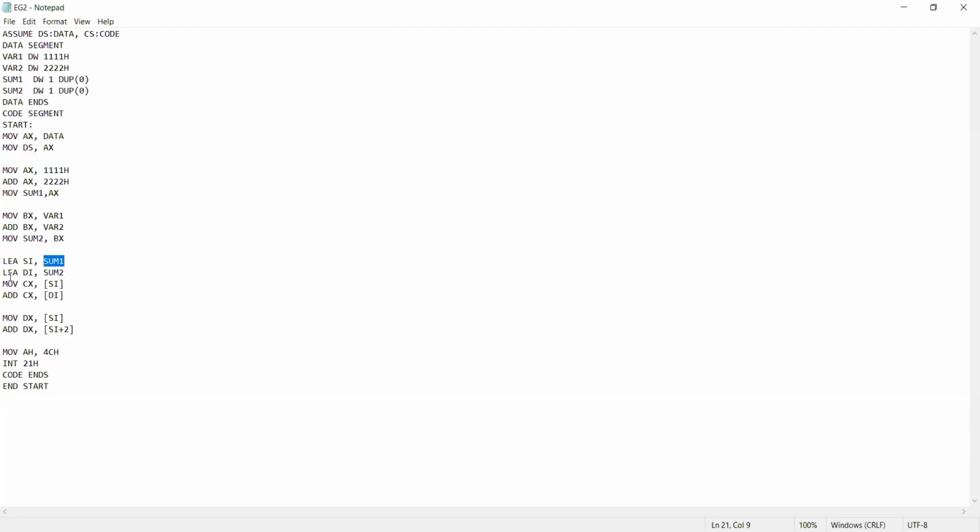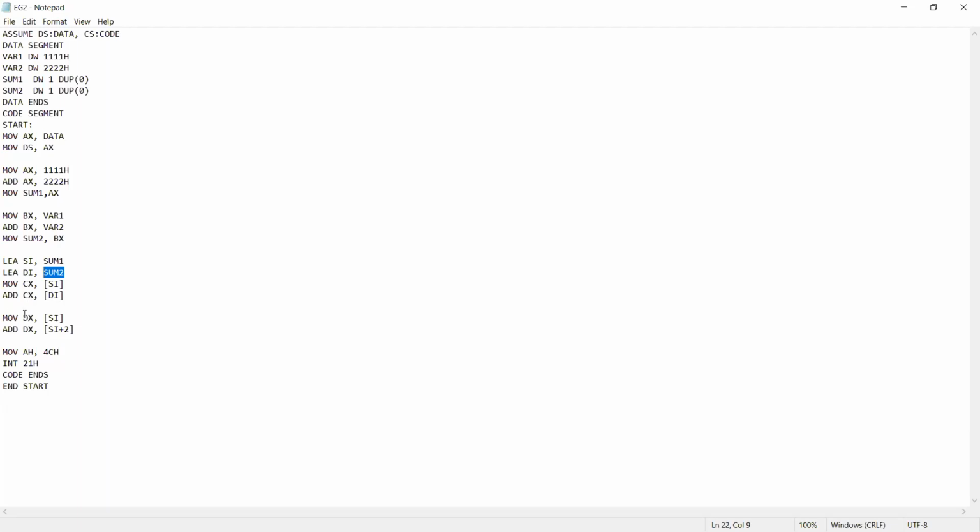Similarly, LEA DI, sum2 means we are loading the offset of sum2 into the register DI. So SI and DI registers have the offsets of sum1 and sum2 variables respectively.